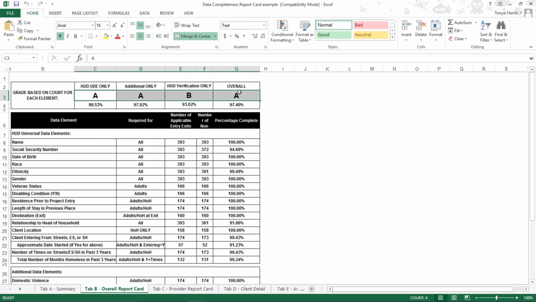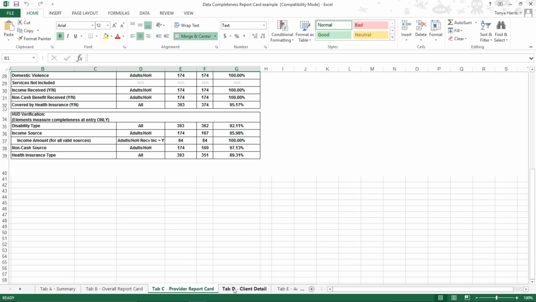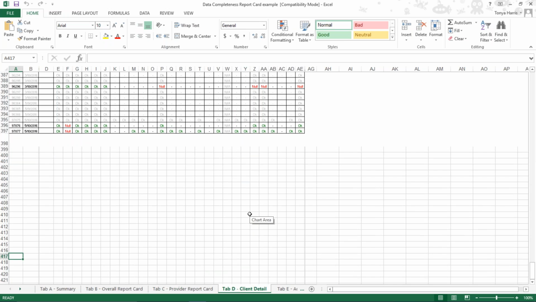And the problem with that B is if you don't fix the B data now, and then you enter more bad data, you're going to drop to a C and then maybe to an F. So just because you think it looks great, these 97 A's could all of a sudden become a B in 3 months if you're not checking the data. Okay? So your first tab tells you your overall,